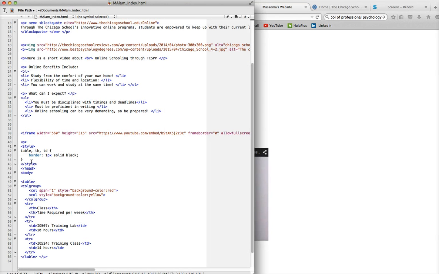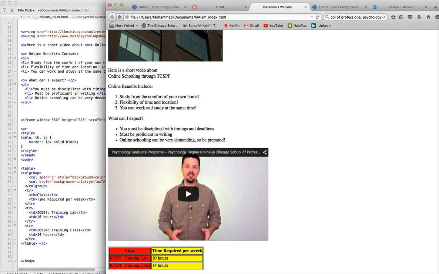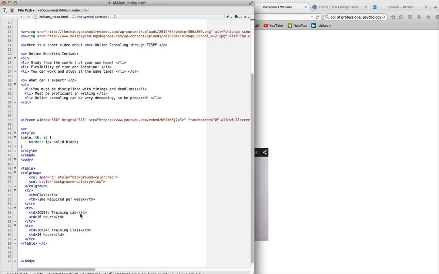Then the next thing I did was I made a table about just how many hours per week you would need for these classes that I'm taking right now. This is just a rough estimate. And on top of that, I wanted to change the colors of the tables. So I used colors, this code right here, colgroup, col span, and I put span 1, which means